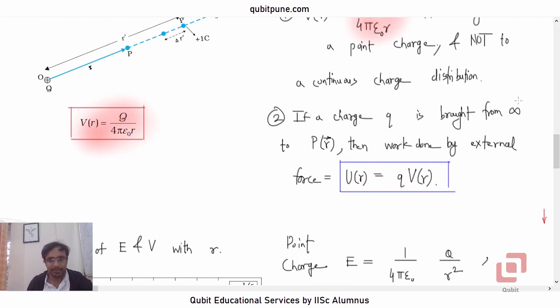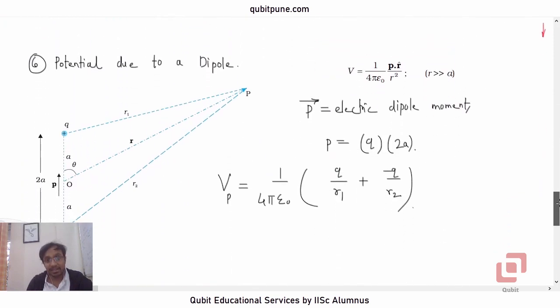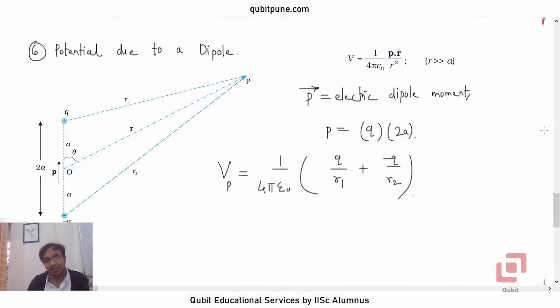Q upon 4 pi epsilon naught r. But after this, we make some modifications in the derivation. If you see, we use the cosine rule of triangle, then we use binomial expansion, and at the end we say that if the point P is at such a distance from the center of the dipole which is very much greater than the length of the dipole itself, in that case the potential at that point is